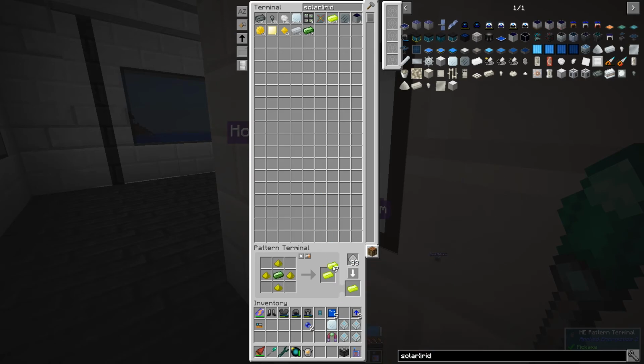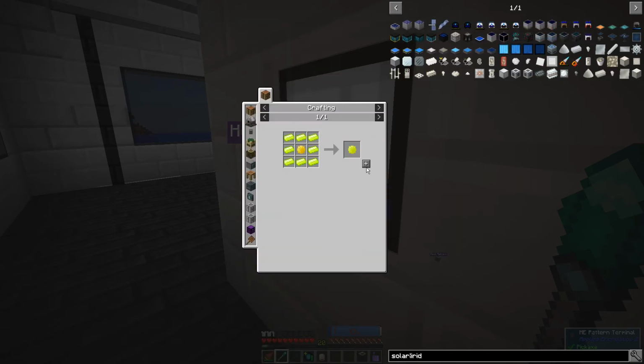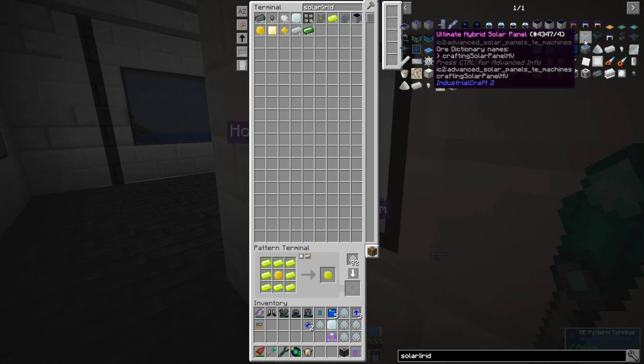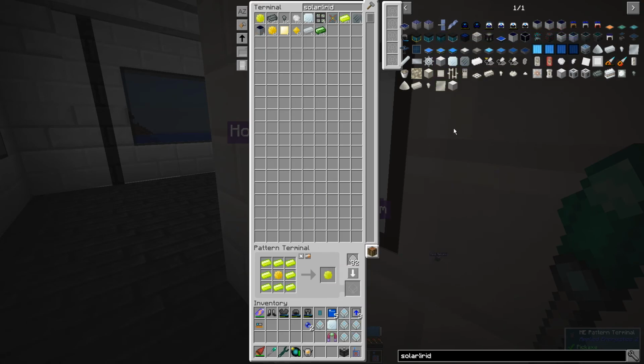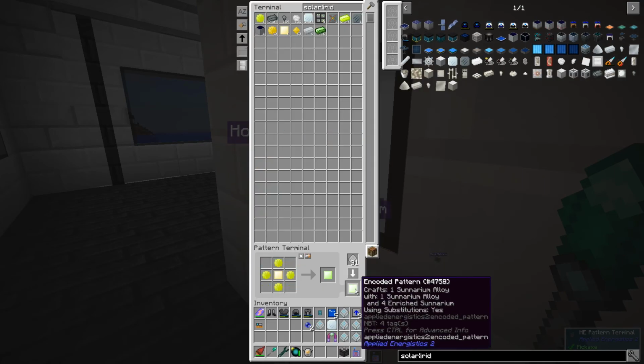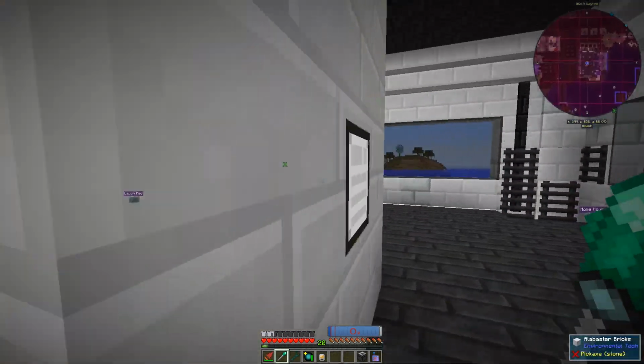Let's just make 8 of these to make 1, and then let's make these four. Take it out. Beautiful. And now make 1 of these. Should be able to make the next one. We can, and we can't make this one yet, obviously, can we? So let's go put these in here. Craft up that